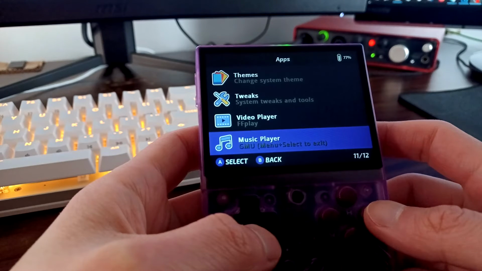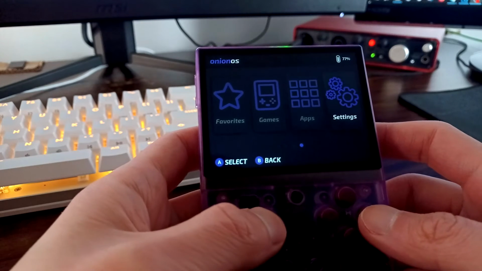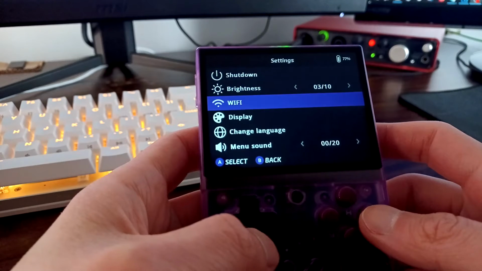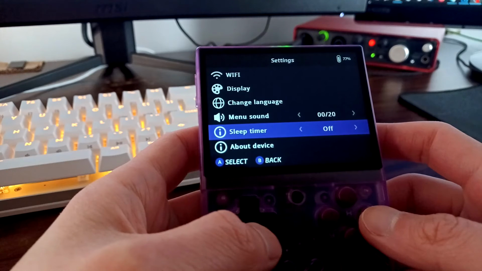Before we start the music app, we do need to make one very important change. Press B once to exit back to the main menu. Go over to Settings and press A. Scroll all the way down to Sleep Timer and turn this off. If you don't turn this off, the Miyoo Mini Plus will go to sleep even while playing music, unless you are actively pressing buttons. I found the device to be unusable as an MP3 player without turning off the sleep